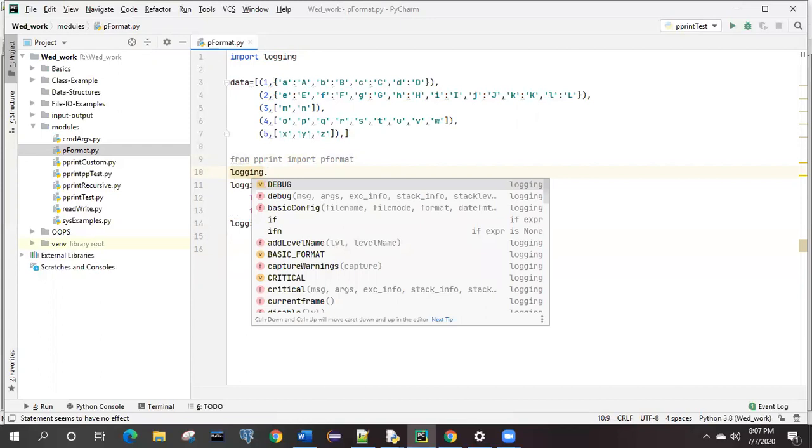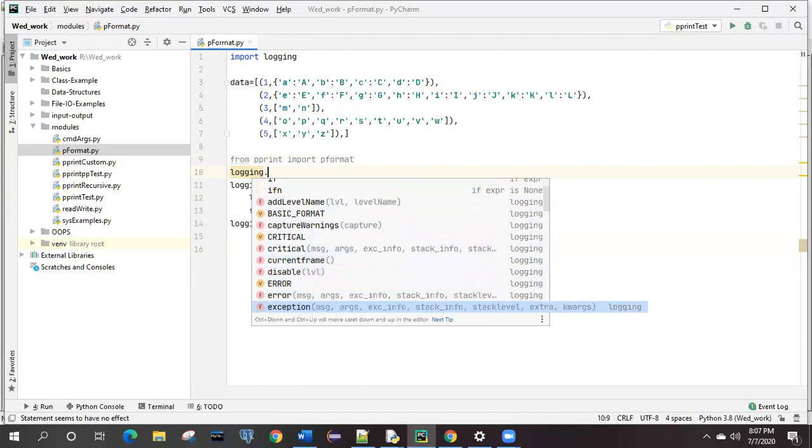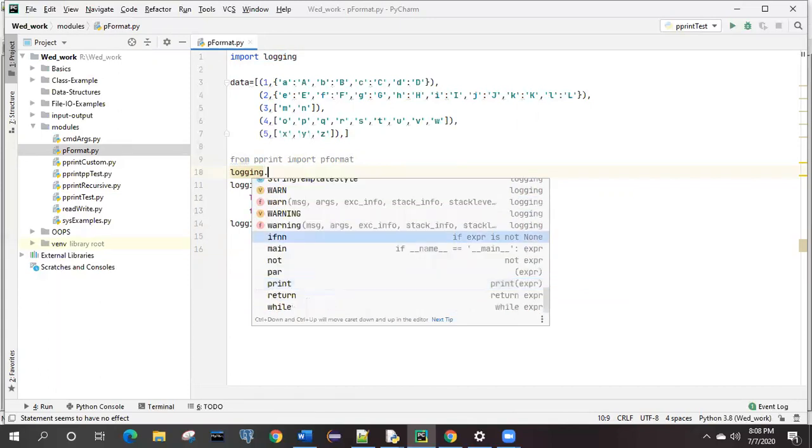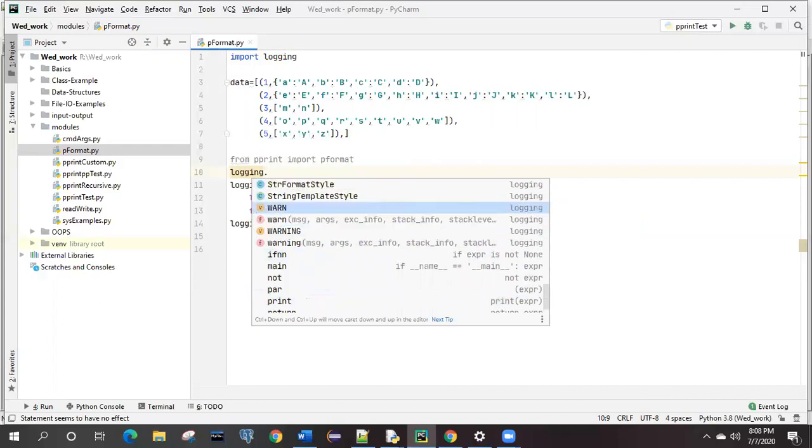Like debug, as you see here. By default, info will be there, debug will be there, error will be there. These are the normal information levels. Similarly there is warning.